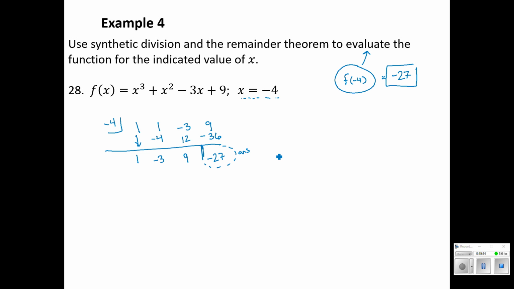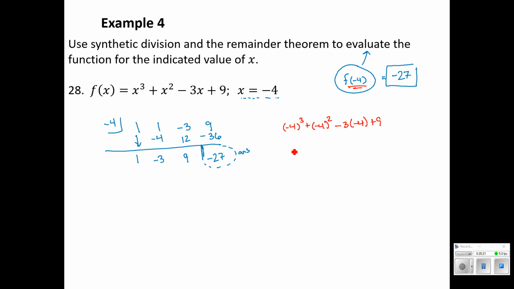Now, I hope we're a little skeptical. Like, oh, I don't know if that really works or not. Let's just see what happens if we actually plugged in f of -4. Obviously, if this were a much bigger polynomial, we'd have a tough time doing that. But if I have -4 to the third plus -4 squared minus 3 times -4 plus 9, do I end